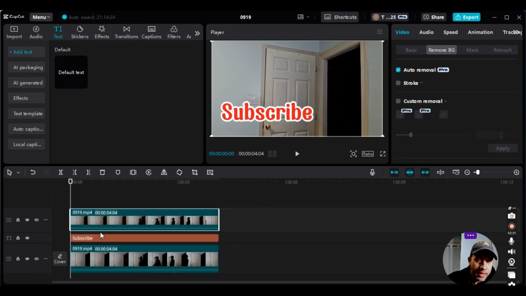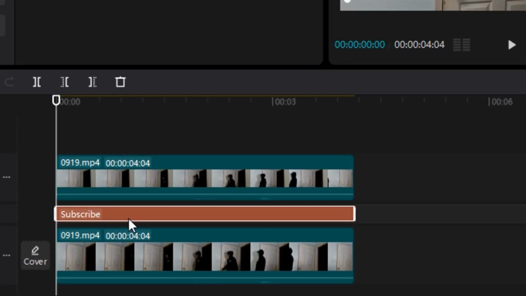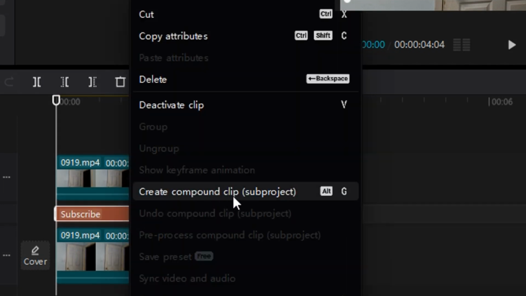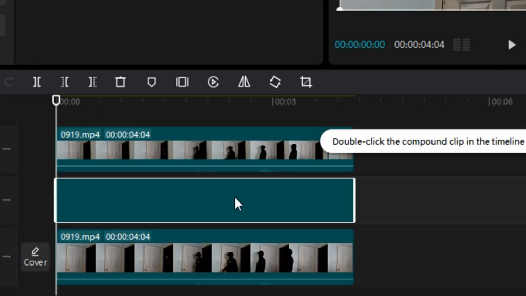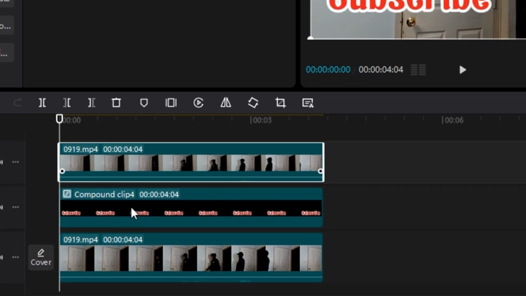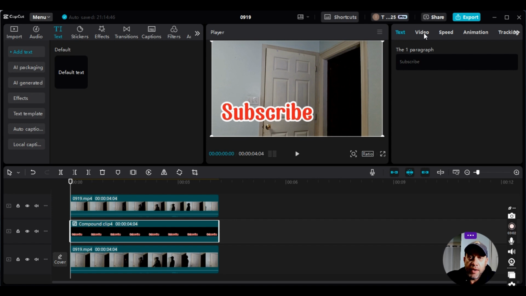So that's excellent. Next step is we are going to highlight the text. We are going to right click, and then click on create compound clip. Okay, so we have just created a compound clip for the text. Our next goal here is to go to video,